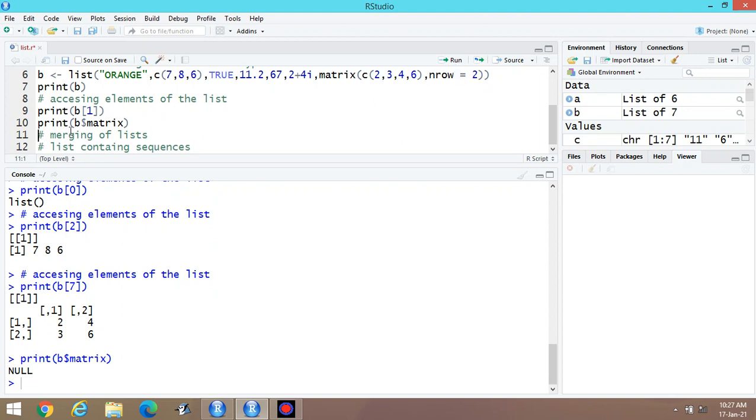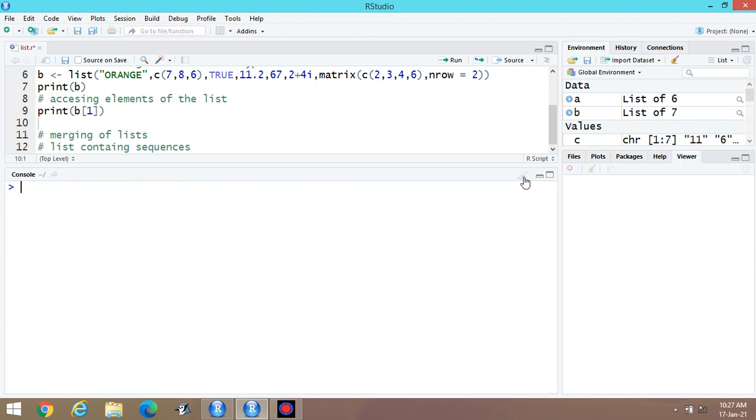B dollar sign matrix. Okay. There is no matrix inside this one. Let us try again.